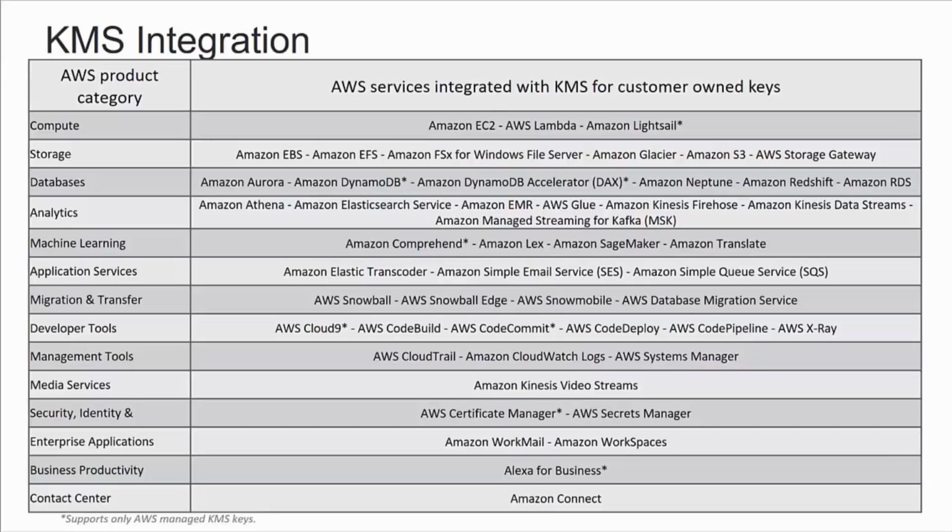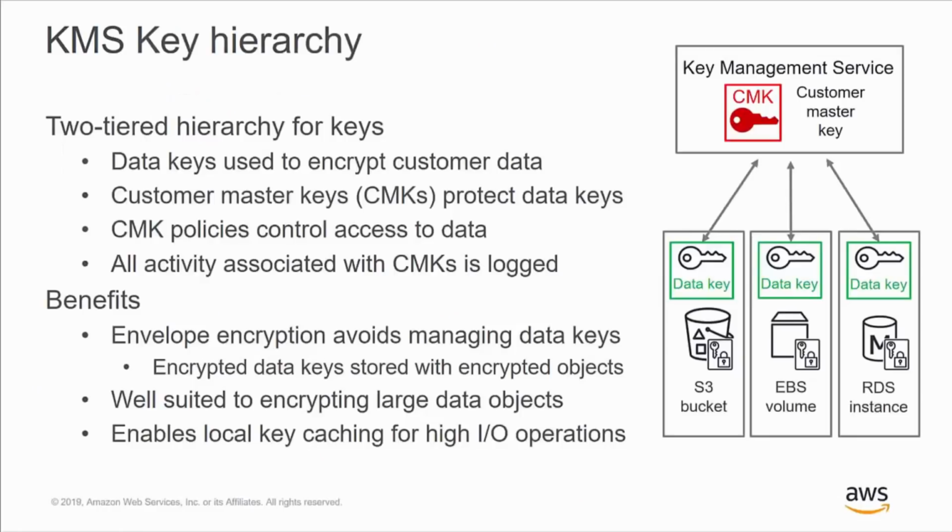There are a couple of different ways in which keys are managed within KMS, and I'll talk about that in a moment or two. Before we get into that, it's important to think about how keys are actually organized in KMS. And the most important thing is to get your head around the fact there's a hierarchy. There's actually quite a big hierarchy, but most of the hierarchy is internal to our own management systems. There are two levels of the hierarchy that are available and exposed to customers. There are what we call data keys and what we call customer master keys, or CMKs.